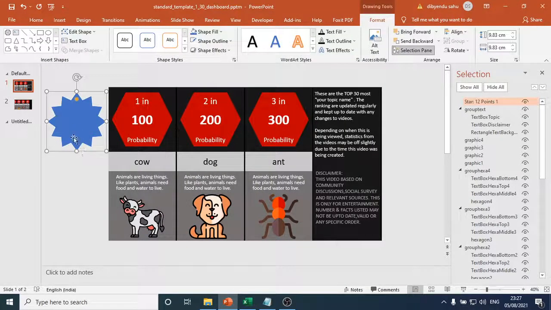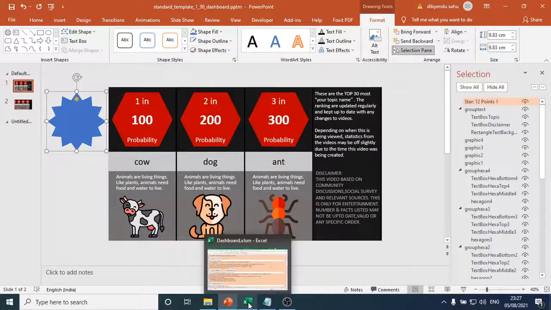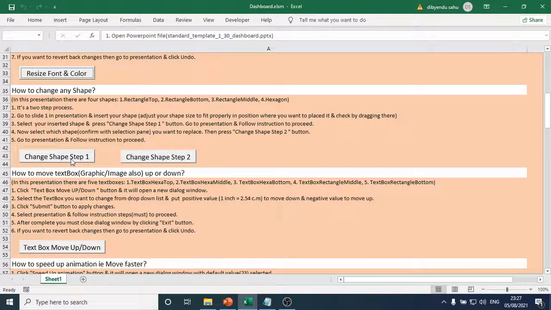Okay, now this shape will replace all the hexagon shapes. So first select this shape, go to dashboard. It's very simple. Change shape, step 1.